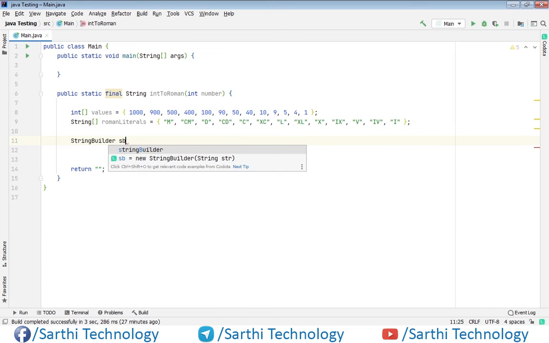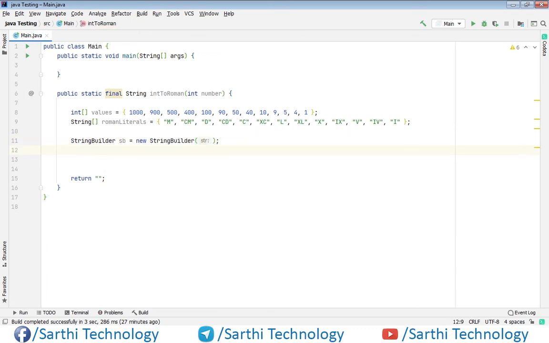StringBuilder sb. Okay, now after creating this StringBuilder we need to create a for loop.